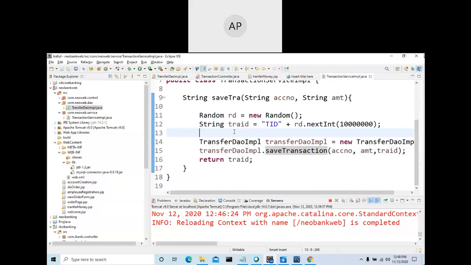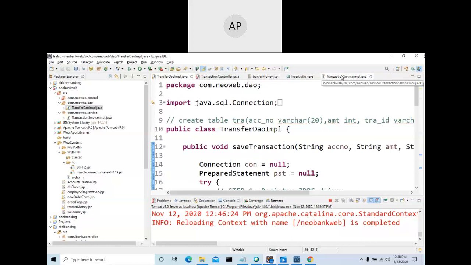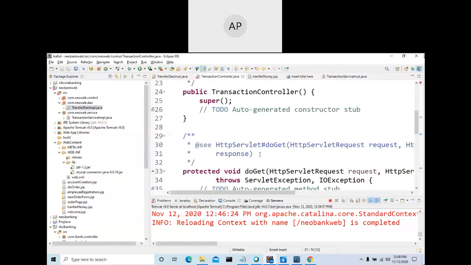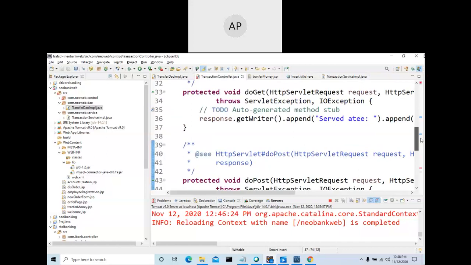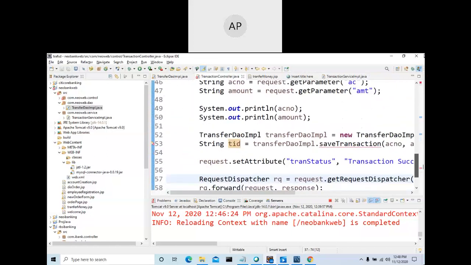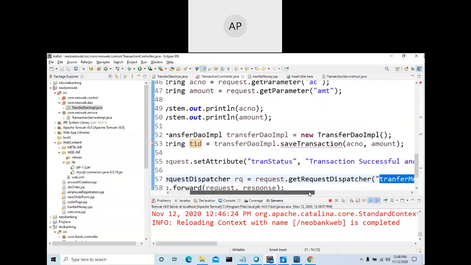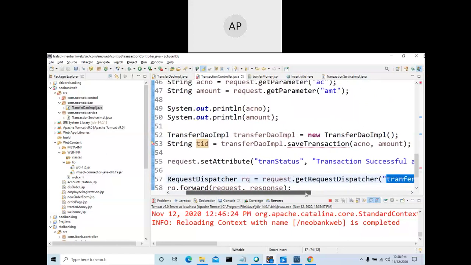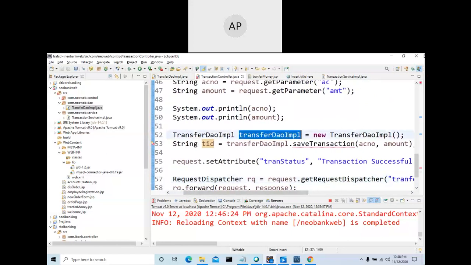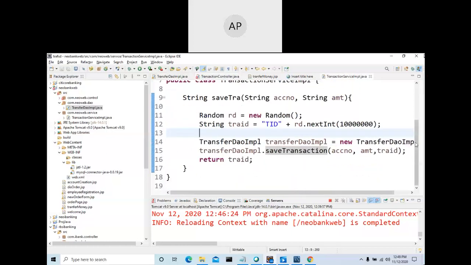That's all. So now all your service related, business related logic goes here. Creating the transaction ID is not storing to the database, right? That logic is business layer. Sending email, sending SMS, validating whether after the transaction he has minimum balance. All those logic you could write in the servlet, or in the DAO layer, but you are going to write all those in the service layer, so that we will know where actually all the things are.